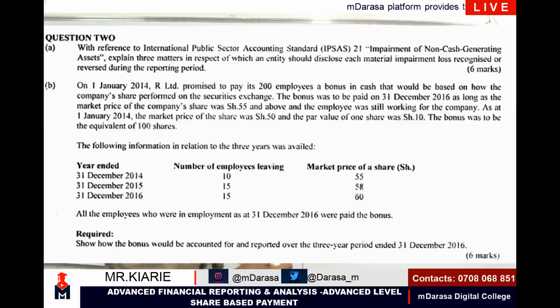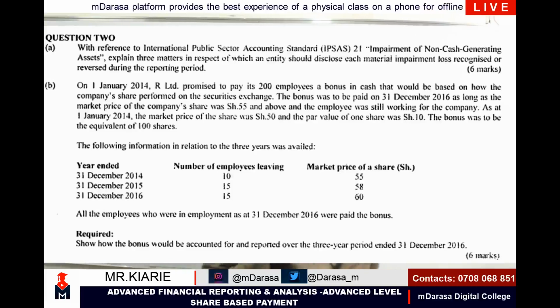The question reads, on 1st January 2014, P Limited promised to pay its 200 employees a bonus in cash that would be based on how the company's share performed on the securities exchange. The bonus was to be paid on 31st December 2016